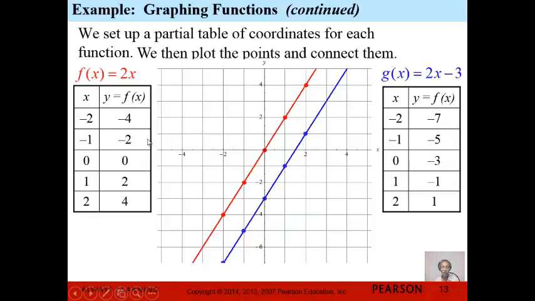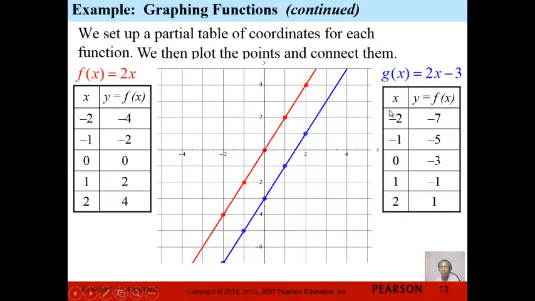It only showed 5 ordered pairs for this function, but the function has infinitely many ordered pairs. Every point on this line represents an ordered pair of the function, and it continues on in both directions without end. So if I was writing this by hand, I would have put an arrow on each end of this